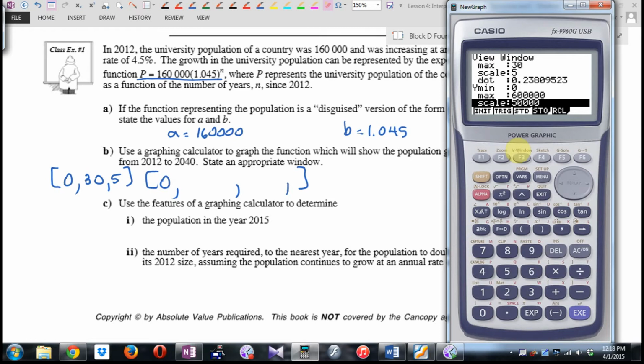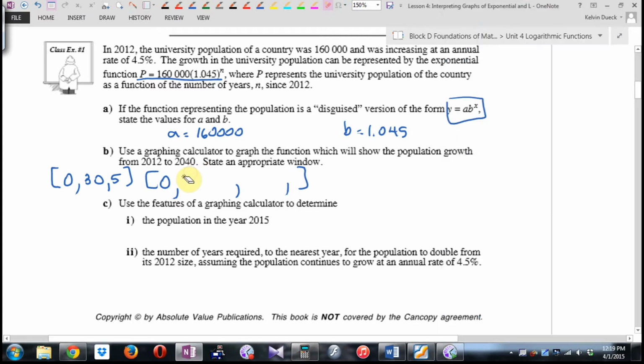600,000. Does that fit? Yeah, barely, but sure, that works. Okay, so I'm going to write for my view window. I started at 0. There's my view window. Always go min, max, scale, min, max, scale, and you always do the X first